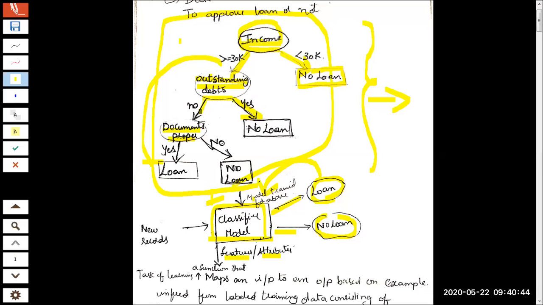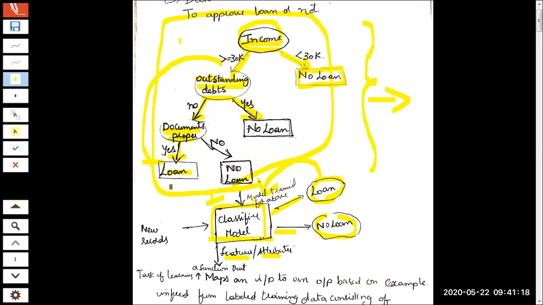Now, so he does not have any debits, so he does not have any defaulter history, previous history of defaulting. Then go with the next one. Verify his documents. When you're applying for a loan, there is some procedure. You need to fill some documents, it may be online or offline, whatever it is. You need to submit some documents. So whether all the documents have been submitted properly, verify that. If everything is fine, approve the loan amount.